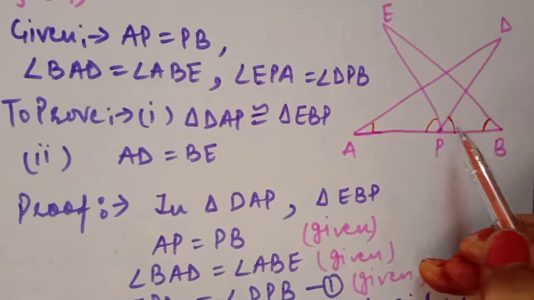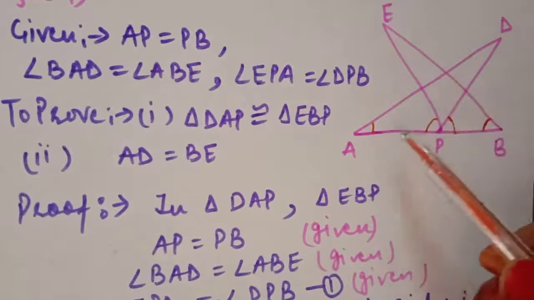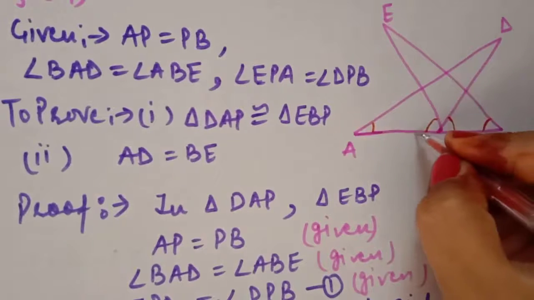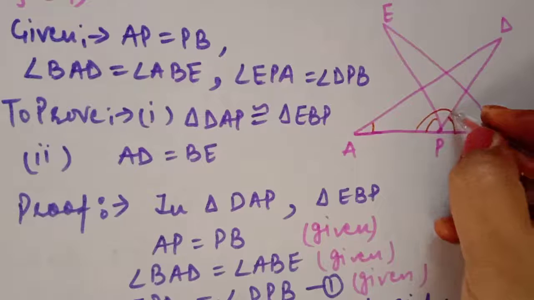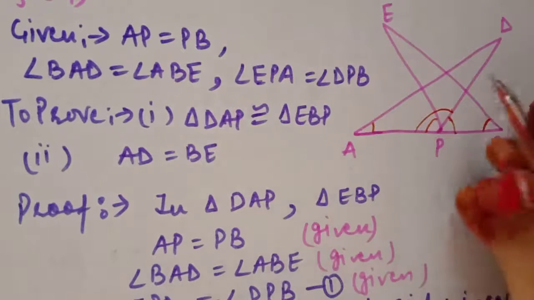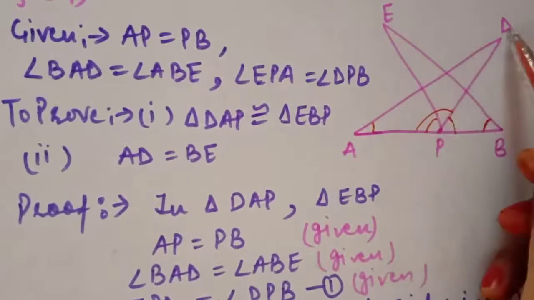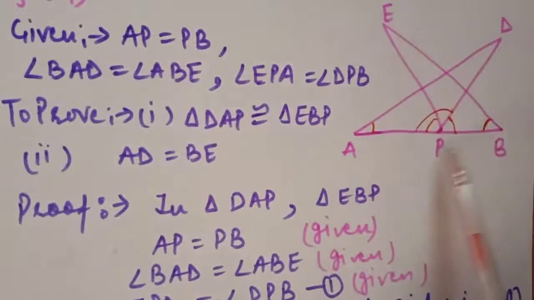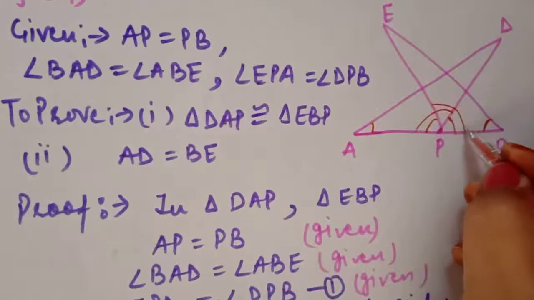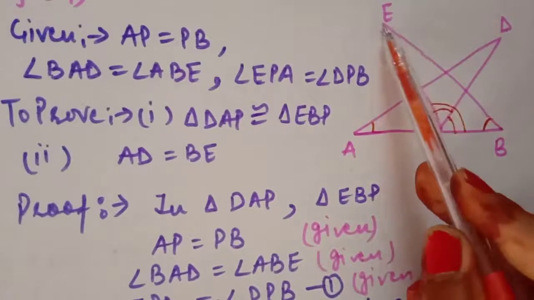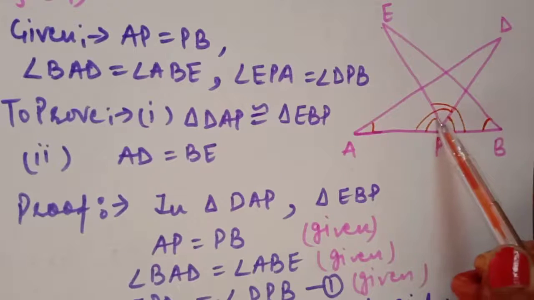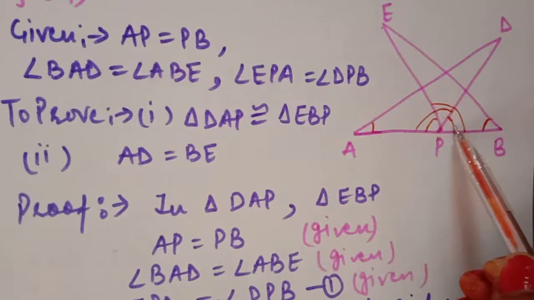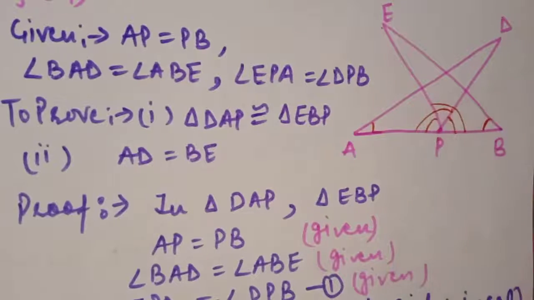But students, if you focus in this triangle, first we have a triangle DAP. So this is your complete angle. This is your complete angle. So this part, angle EPD, is missing. And if we focus on the other triangle EBP, this is your complete angle in this triangle. Here also EPD is the missing part. If we add angle EPD on both sides of this angle, we will get our third thing completely.